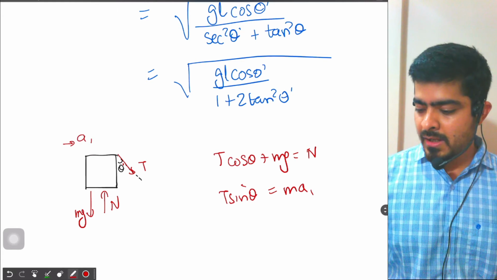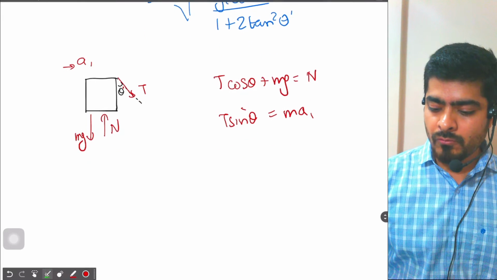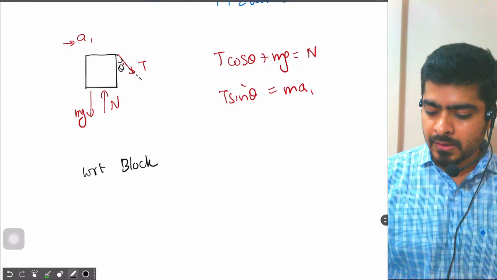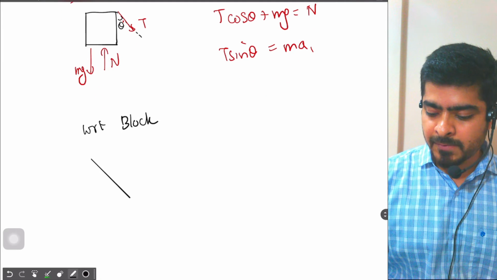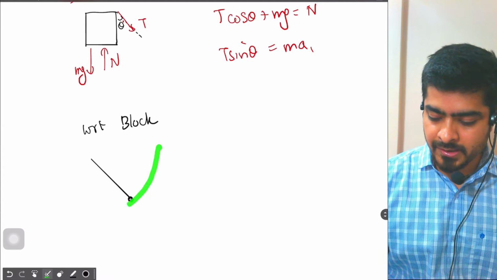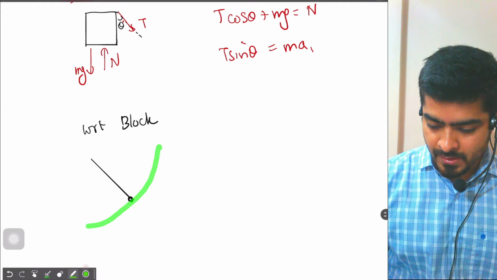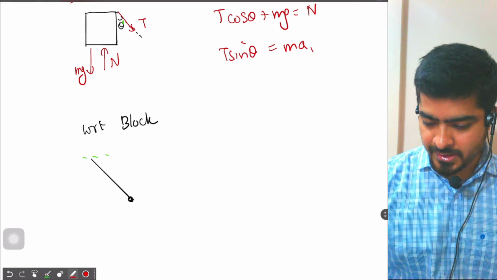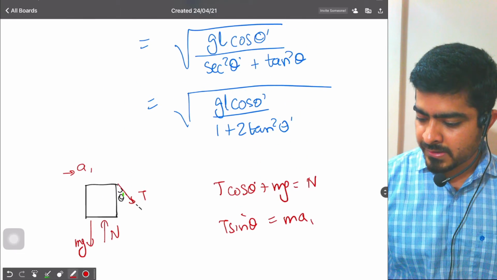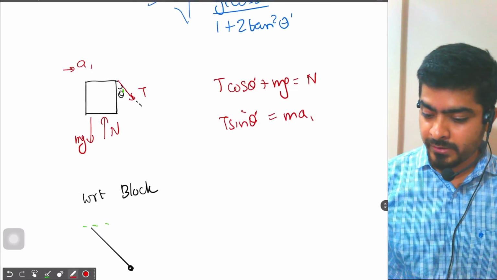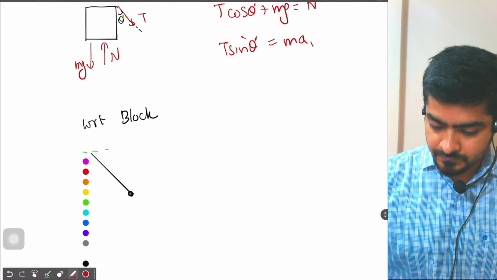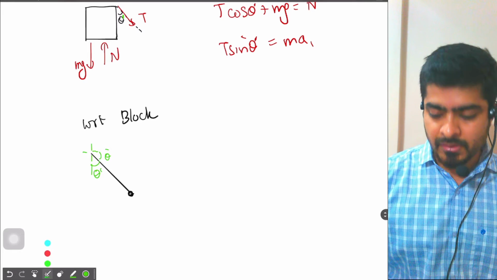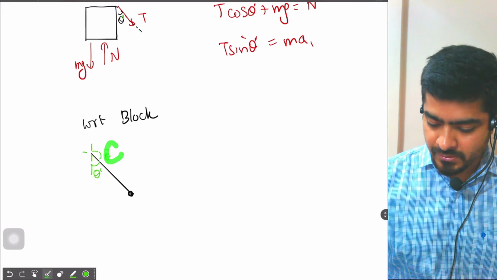Okay, right. Now with respect to block, the other particle is performing circular motion, right? It is performing circular motion, and this is your angle theta dash. I forgot to write theta dash, so this is theta dash. Theta dash is the part of the question, okay, right? Because by mistake I had taken theta in the beginning itself, so we have to use that.